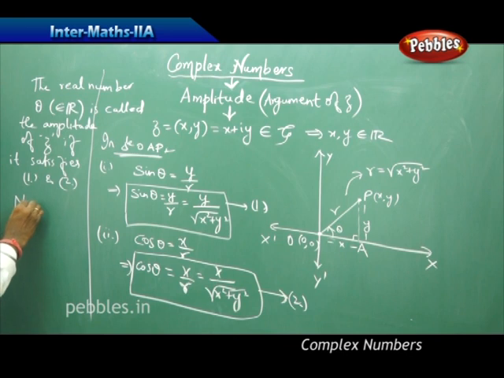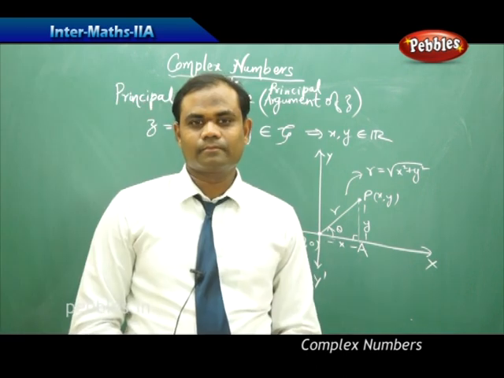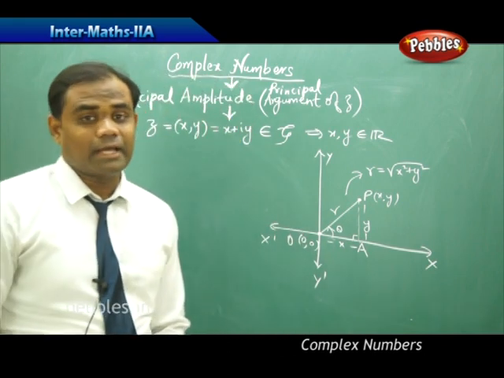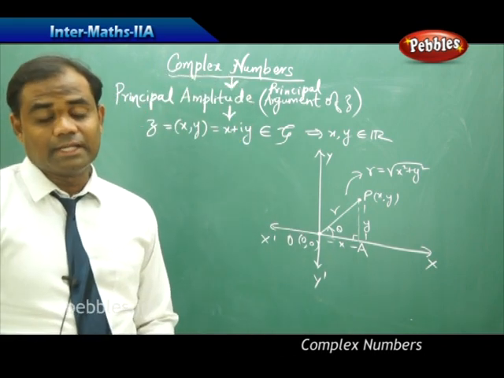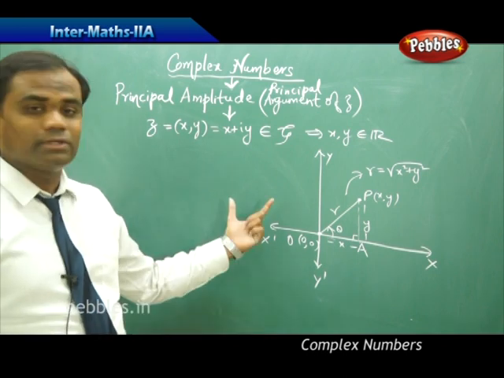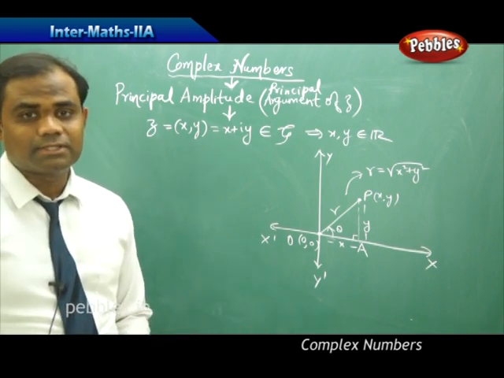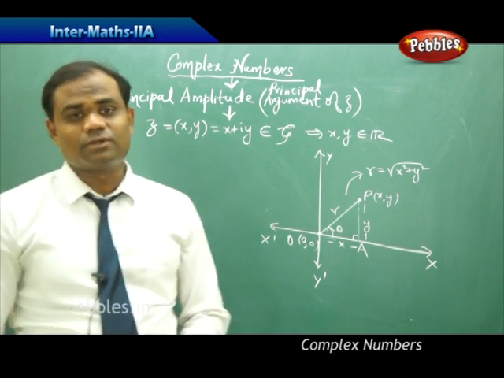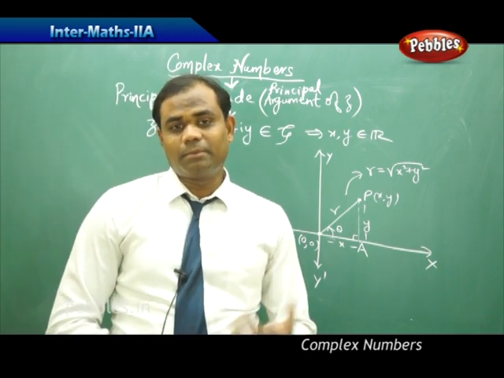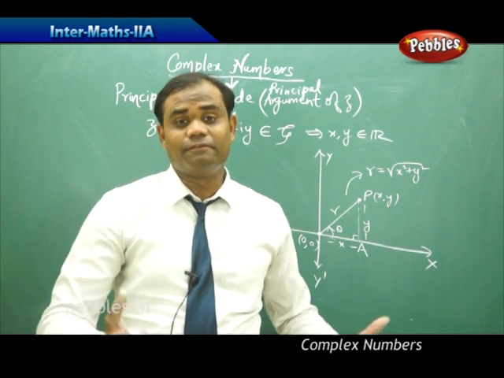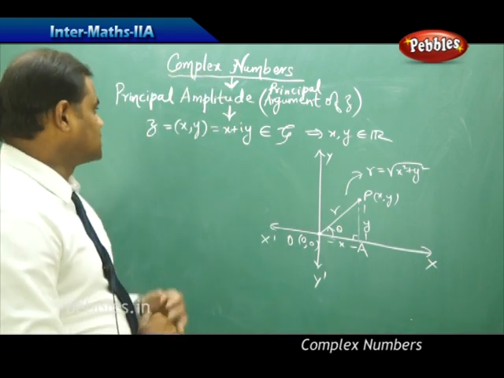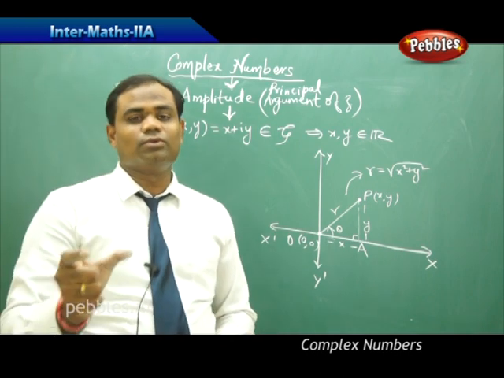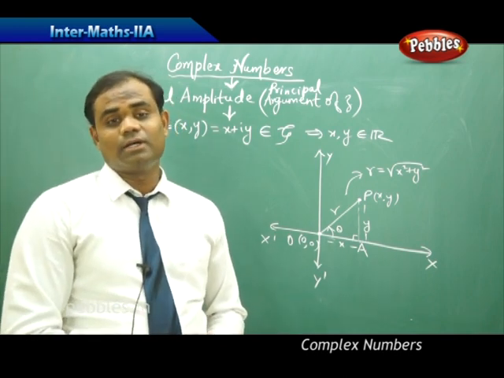And note, theta we know always belongs to 0 to 2 pi is how we understand. So now that we have defined amplitude or argument of Z as that angle theta which satisfies both equation 1 and 2, now next comes what is principal amplitude or principal argument. The word principal means first or the very first. So therefore we say that the first angle which satisfies both equation 1 and 2 is called a principal amplitude